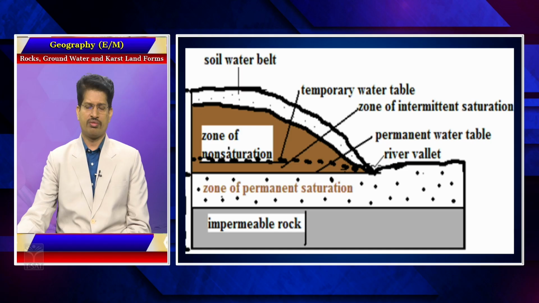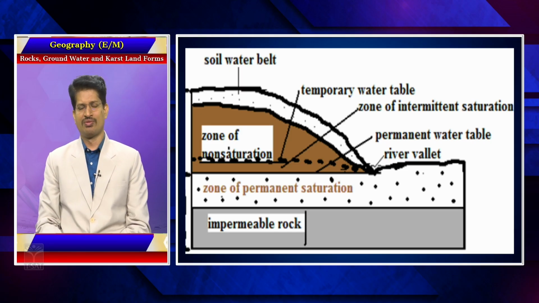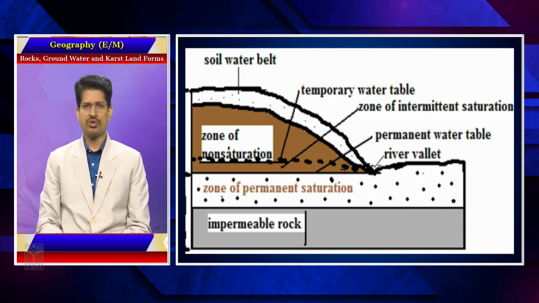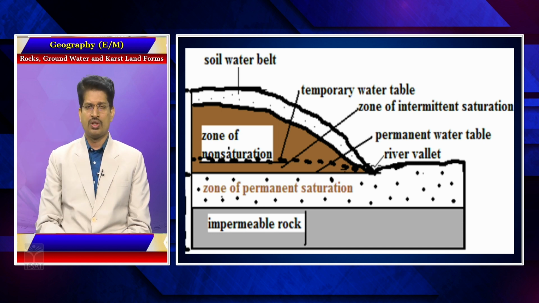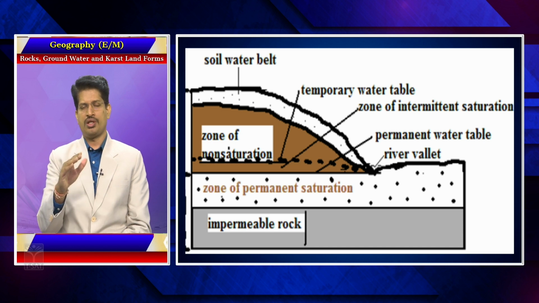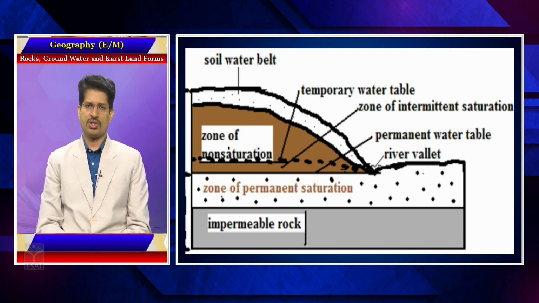So, in the projection being given to you, the water table depth is not always constant, but there is a permanent water table. In this context, with the change in the seasons, for example in our region, in the rainy season, because of more precipitation or rainfall, the level of the water table rises. And when the season changes to winter or summer, gradually